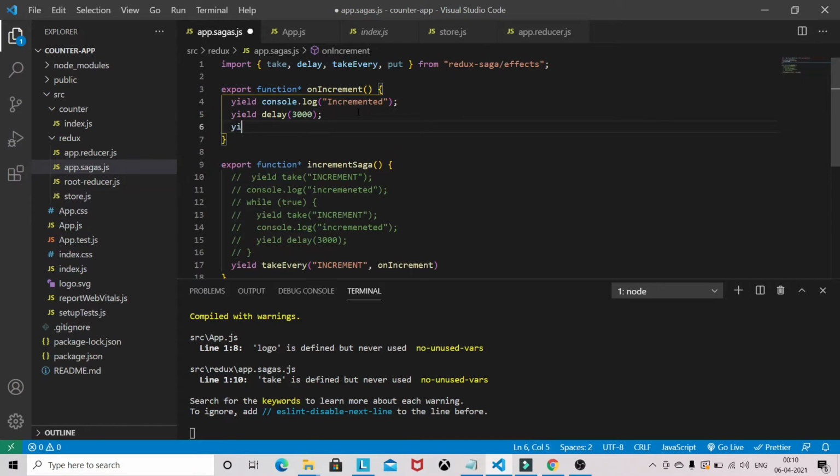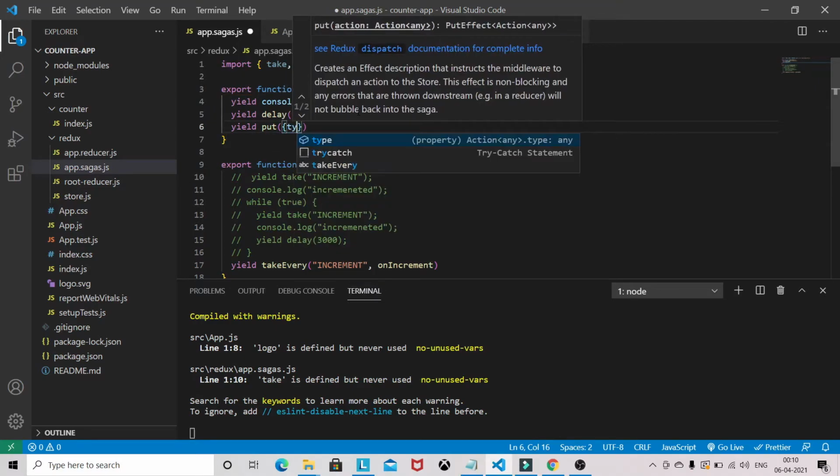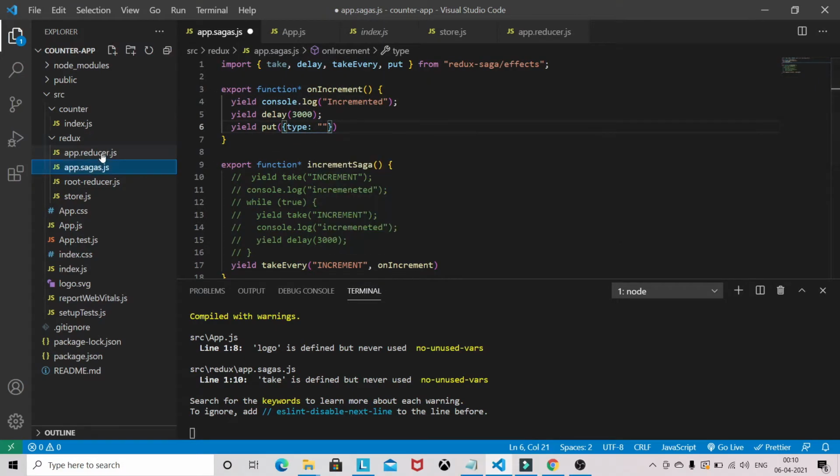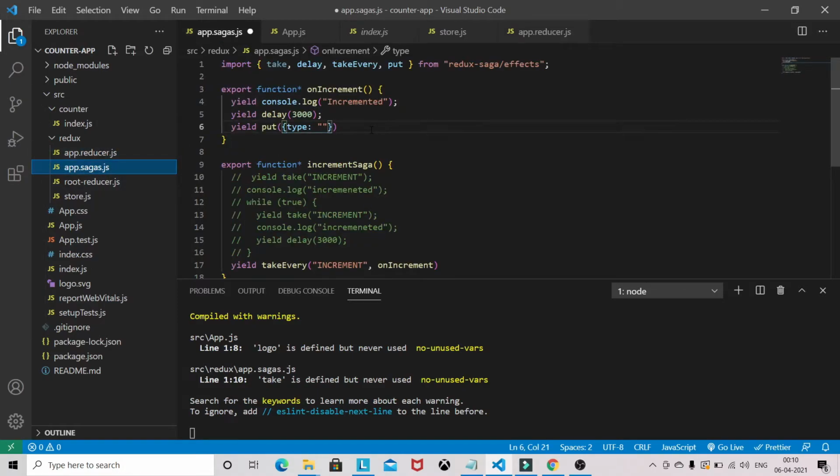I will dispatch another action with a type, and this is the action I will dispatch from Redux Saga, meaning from this saga file. So this is the actual way to update the reducer from Saga.